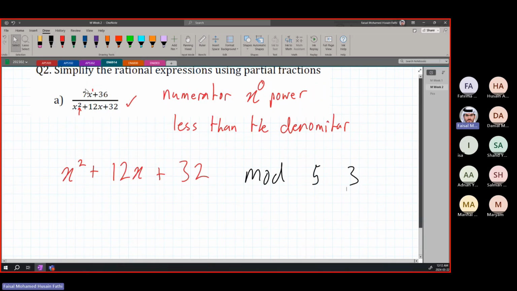If they are equal, you do long division as well. If they are equal, you do long division. You cannot do partial fractions. This has to be less. Okay, so if it's less, you can do partial fractions. If it's equal to or more, you are going to do long division. Okay? Now,